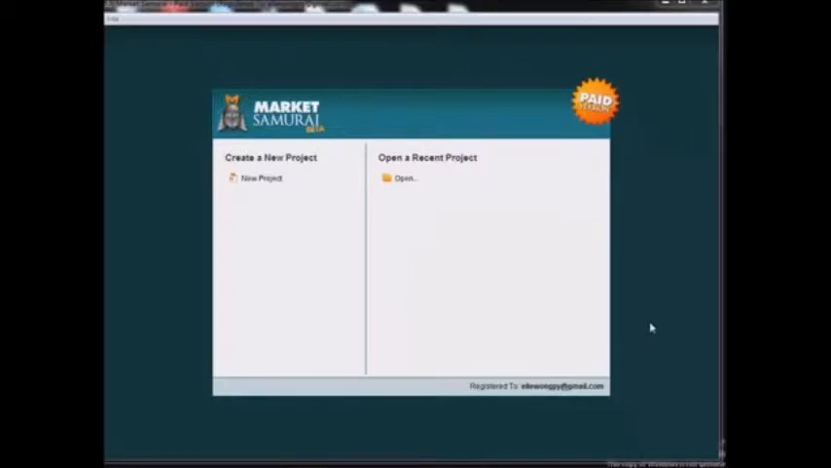Market Samurai is one of the best tools for internet marketers. If you are serious about taking your business to the next level, this is definitely a well worth investment. However, there is a free trial available at the bottom of this video, and the best part is even after your free trial expires, the keyword research feature that we will be using extensively in this video will still be